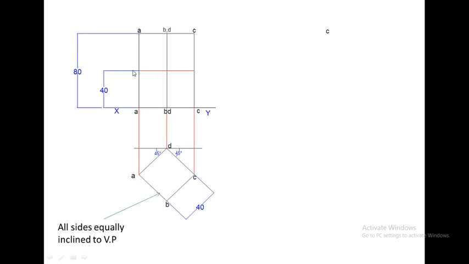So for marking the center, first draw a light line at a distance of 40 mm, since it is given in the question that the axis of the hole bisects the axis of the square prism. So this is the bisecting line at a distance of 40 mm. So wherever this vertical line and this horizontal line cut each other, that is this point, will be the center